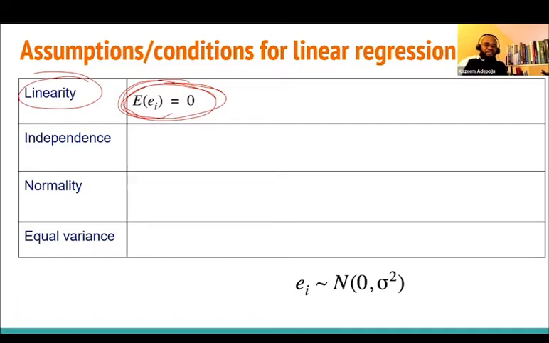I want to speak in practical terms. If I ask you, what is the meaning of expected value of error equal to 0? It means that on average, every other factor that could affect the percentage of votes received by Republican candidates in 2016, other than the variable we're considering. What was the predictor variable we're considering? The predictor variable is the percentage of votes received by Republican candidates in 2012.